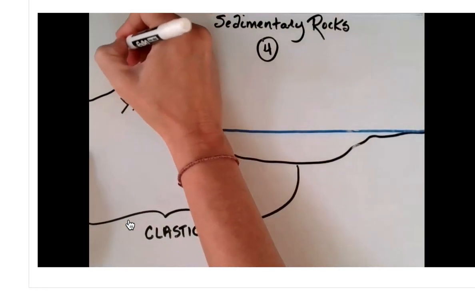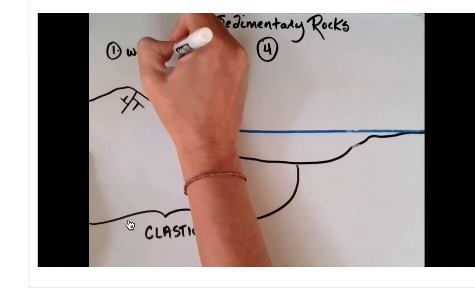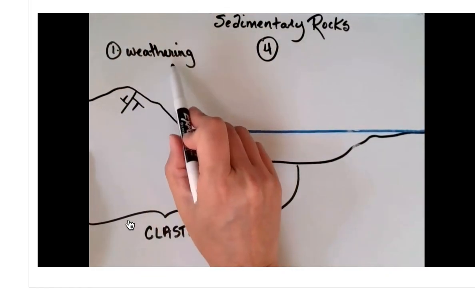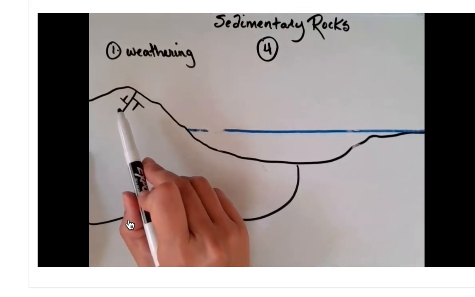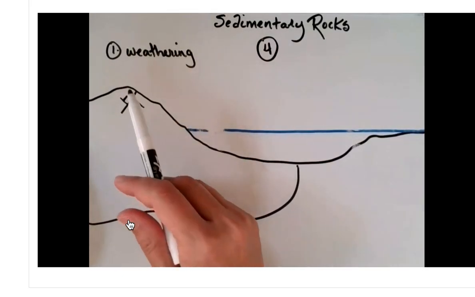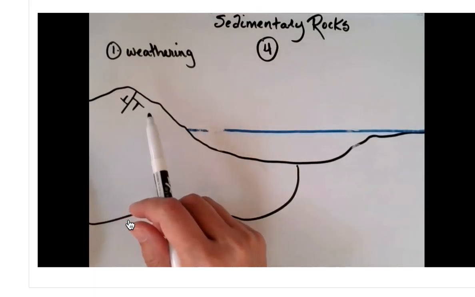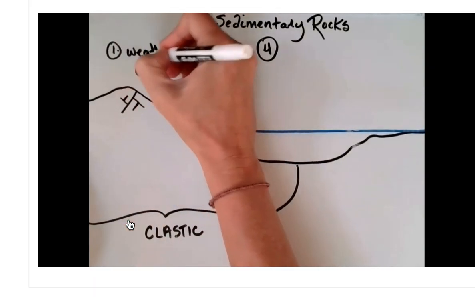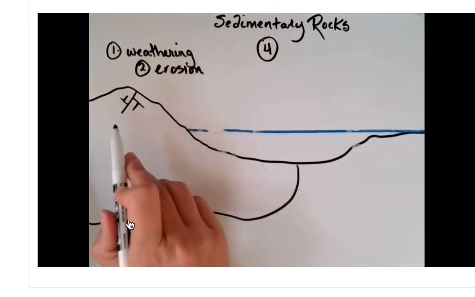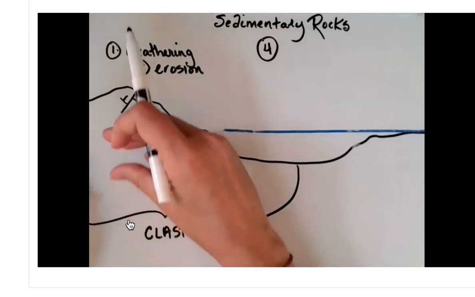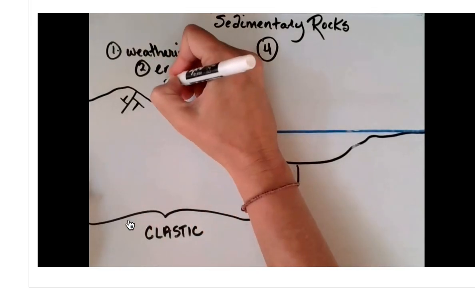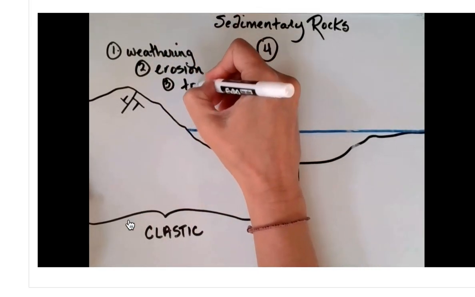So the first step in the process is weathering. Weathering is basically the initial process that starts to break up and corrode solid rock, and it can include both physical and chemical weathering processes. Eventually, the weathering transforms a solid rock into sediment, into different pieces. Following the weathering is erosion. Erosion is the process that actually separates sediment from the substrate, right? It's removal of the surface material. Following erosion, there is transportation